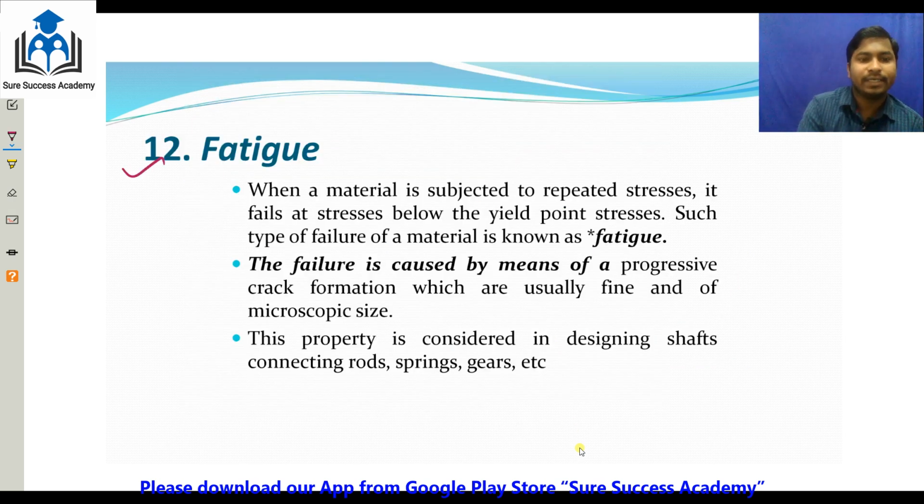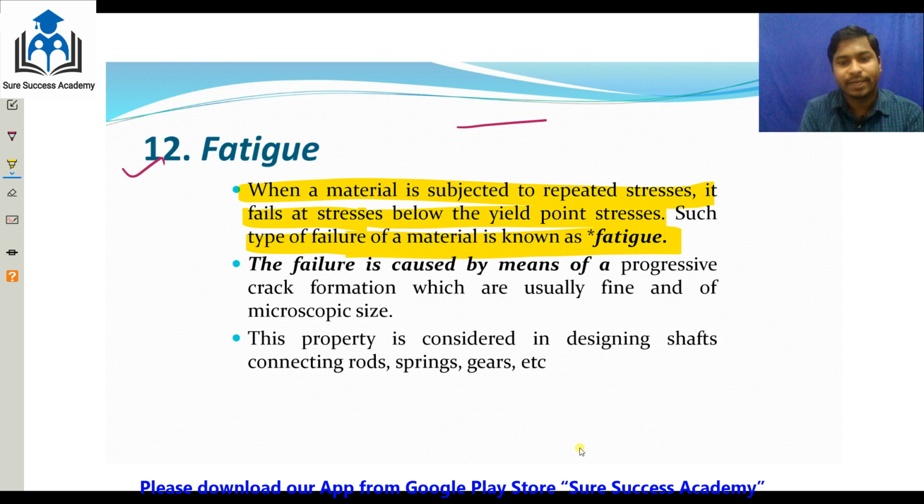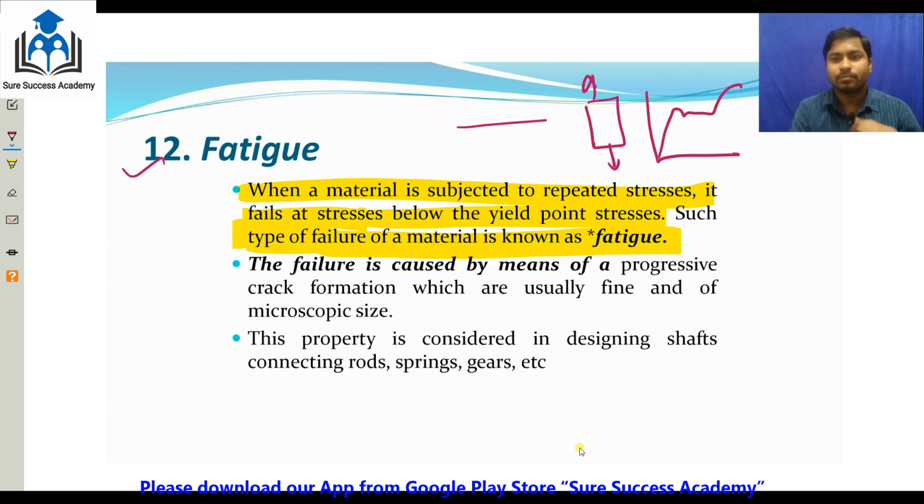What is fatigue? When a material is subjected to repeated stresses, it fails at a stress below the yield point stress. Such type of failure is known as fatigue. So you know that if a material is loaded like this, it will fail at the yield point, but if you apply the loads